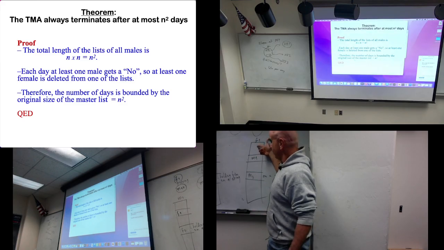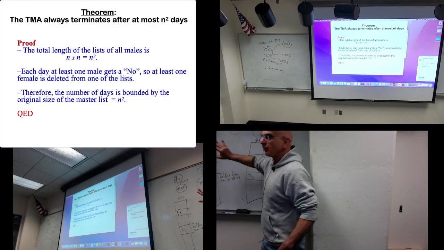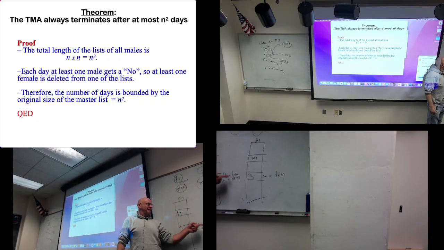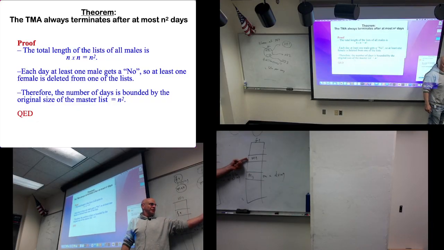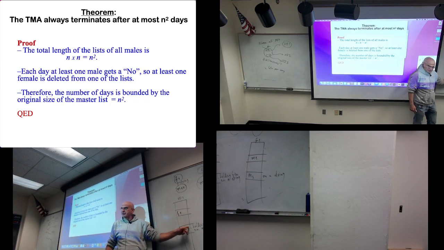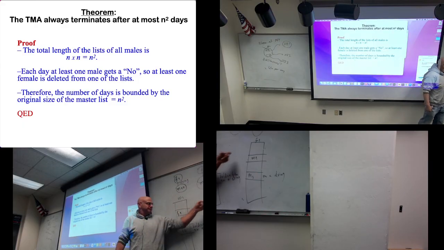If he would be the only male that proposes to her, then according to the algorithm she has to accept the proposal. Why did she reject male one? Because, remember, he proposed to her before he proposed to female two, going down the list. Otherwise, it wouldn't be a rogue couple. He prefers female one over female two, proposed to her,